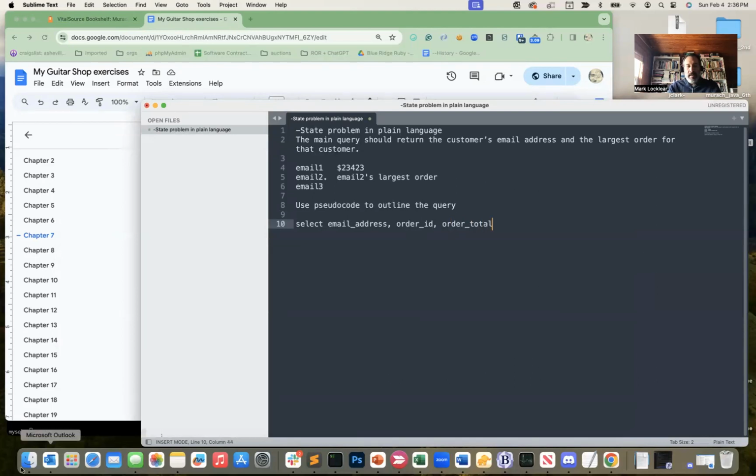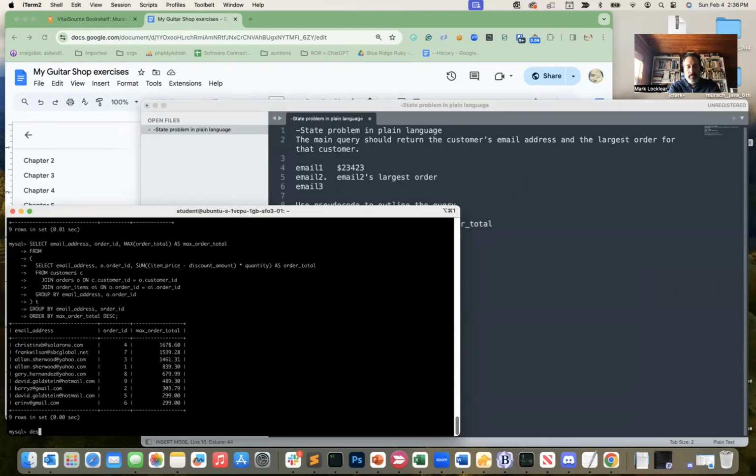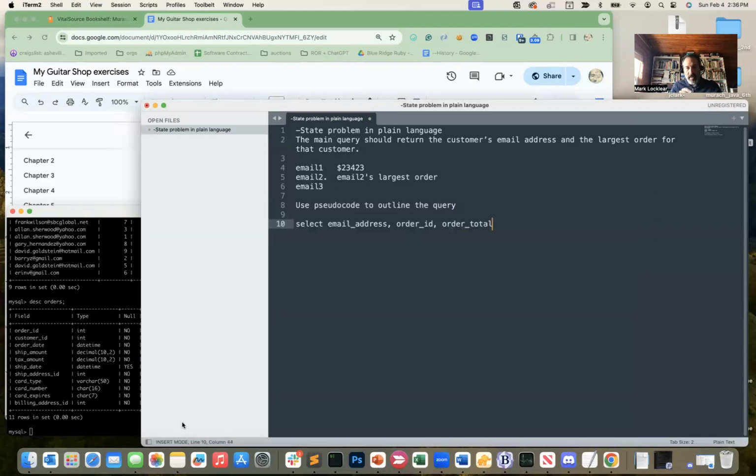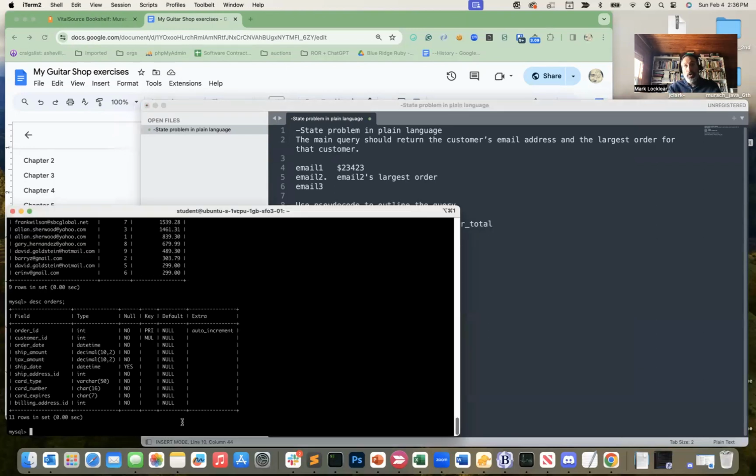Now, if we look at the orders table, there's no order total here. So based on the customer ID that's in this table, we can get the email address, and we can also get order ID. But notice there's no order total. So actually, order total, we're going to need to, well, let's see, is order total here? Yeah, there's no,